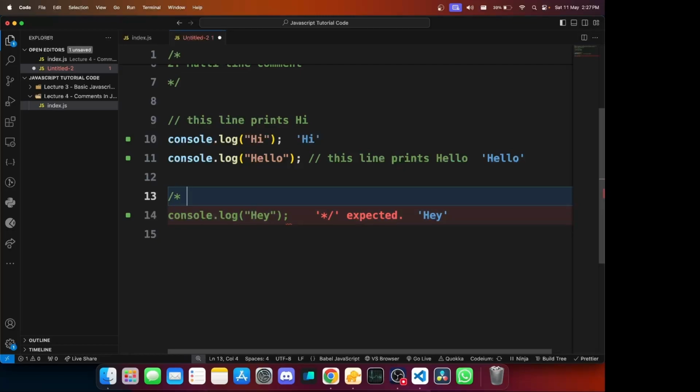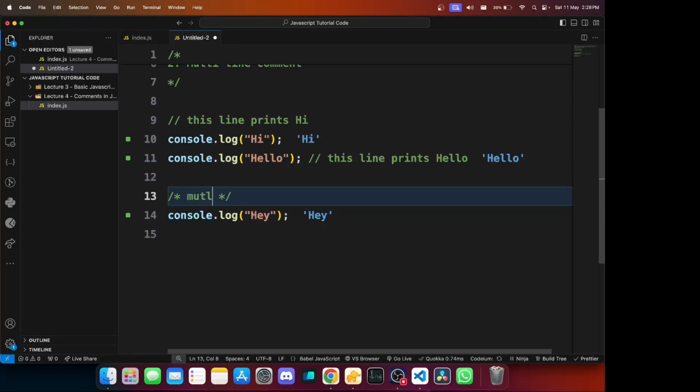So to prevent this, you need to end this comment as well. To end this comment, you can give star or asterisk and forward slash. So you can see it starts from the star, it starts from this, and ends at this. It's necessary to do that, otherwise you would get an error that it expects the end of the comment as well. You can't just start a comment and never end it. Whatever you write between these two things would be considered as a comment, and this can span multiple lines as well.